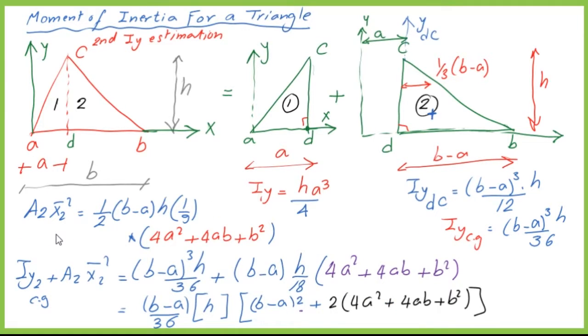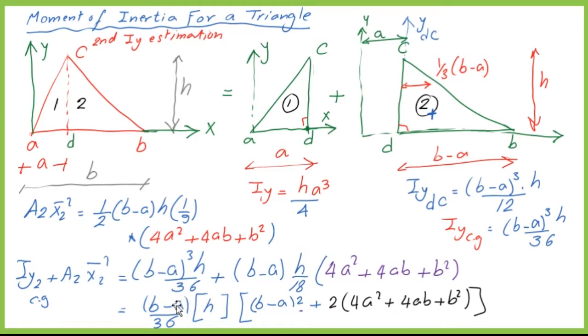So our I_x2 squared equals 1/2 (b minus a) multiplied by h times 1 over 9 of (4a squared plus 4ab plus b squared). We are going to add to the I_yCG, which was (b minus a) to the power of 3 multiplied by h over 36. Add them together and readjust the terms by taking (b minus a) over 36 as a common factor multiplied by h. Then we are left with (b minus a) inside the bracket raised to the power of 2 plus,